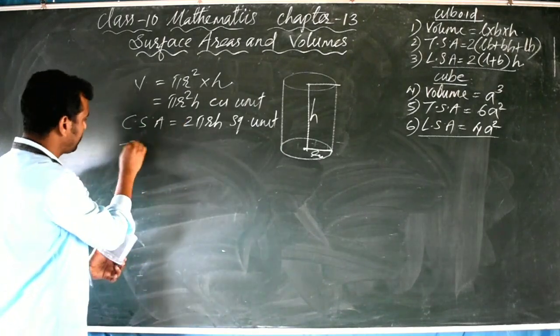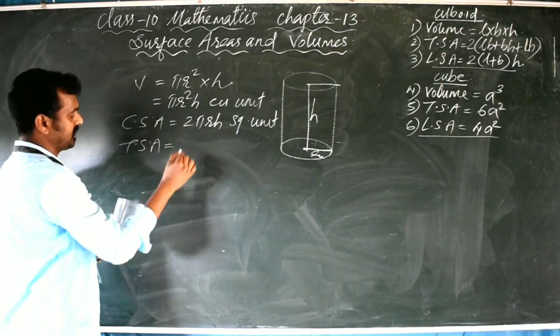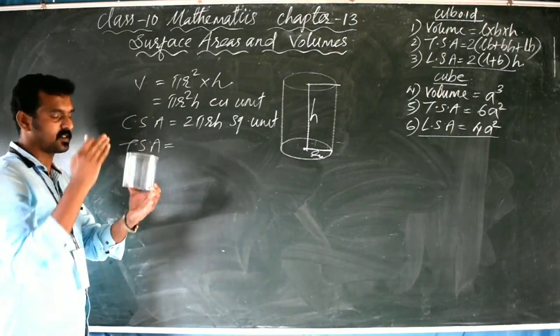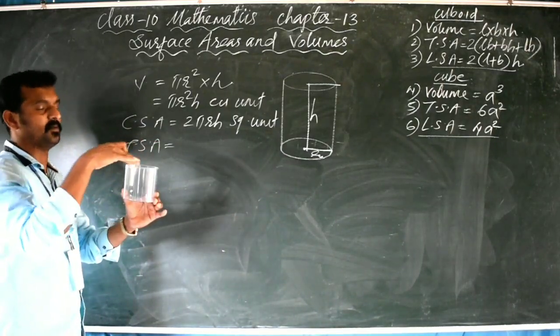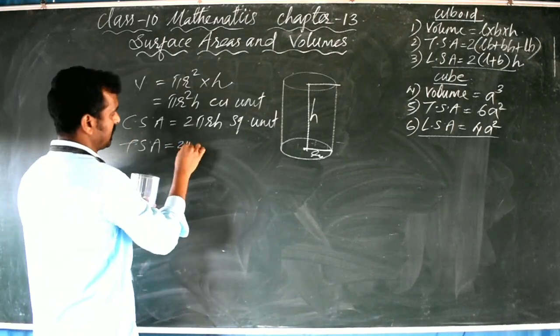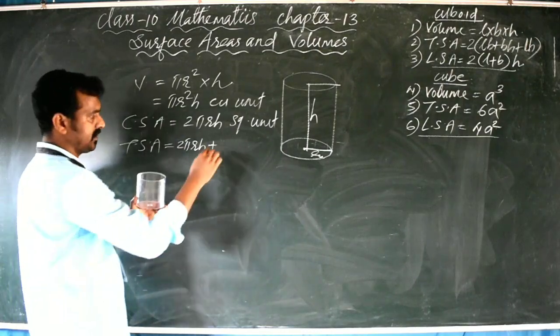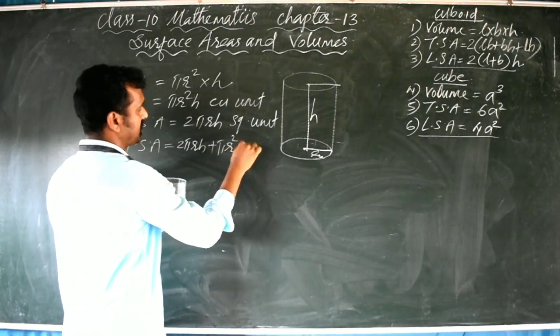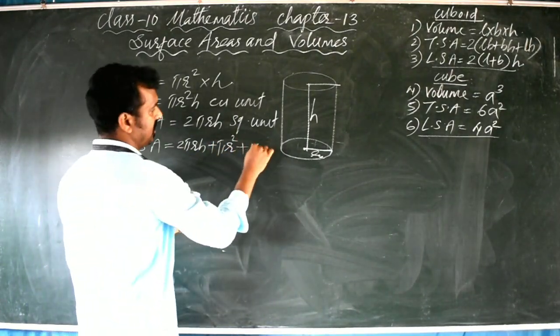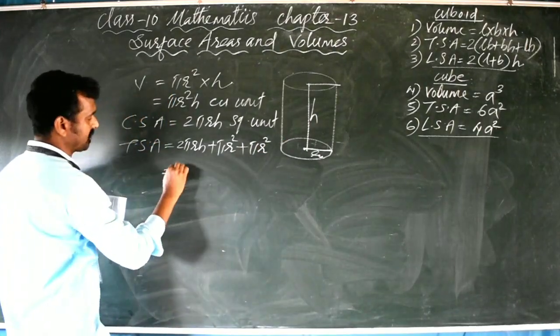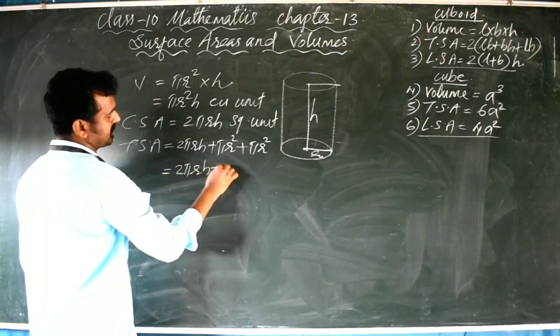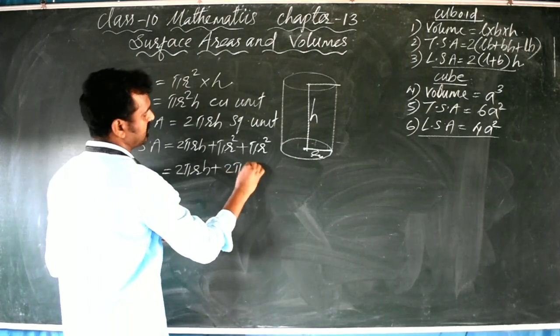Now we will find out the total surface area. Total surface area is equal to curved surface area plus area of the base plus area of the top. Curved surface area, that is 2 pi rh, plus area of the base. What is the area of the base? That is pi r square, plus area of the top, that is pi r square. That is equal to 2 pi rh plus pi r square plus pi r square, that is 2 pi r